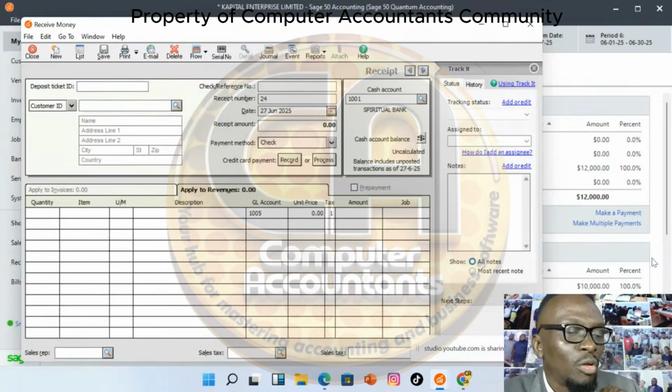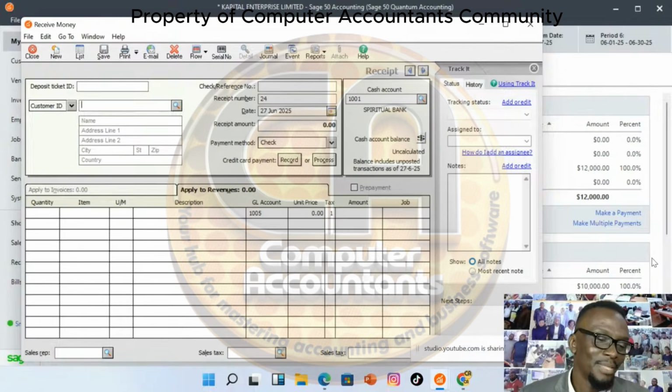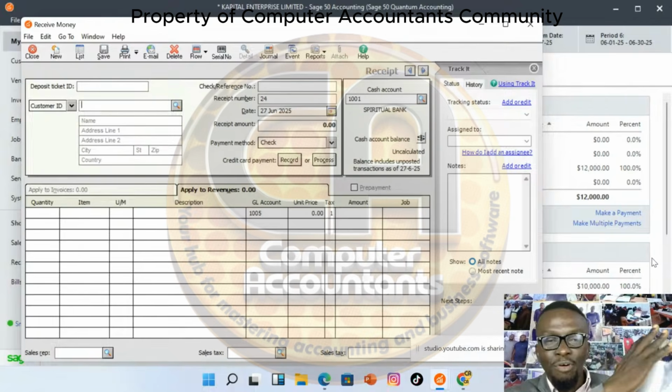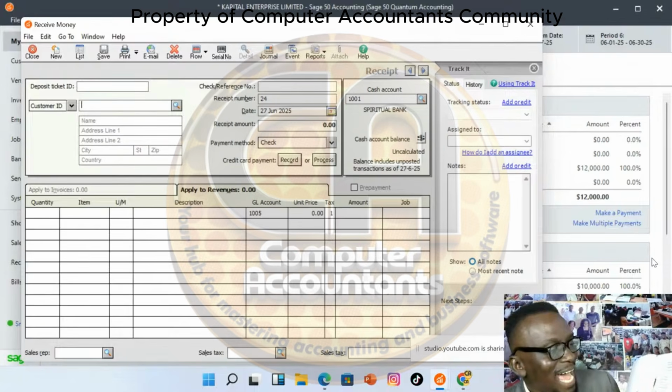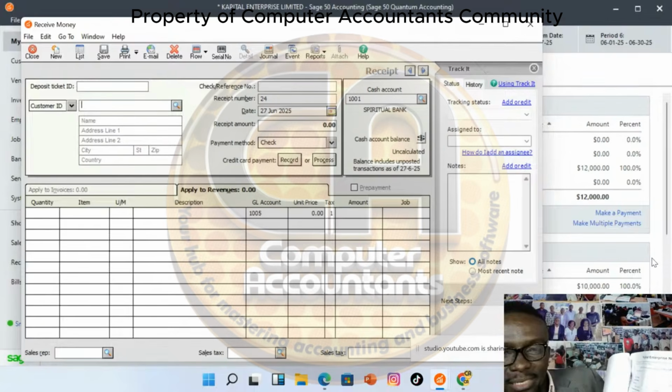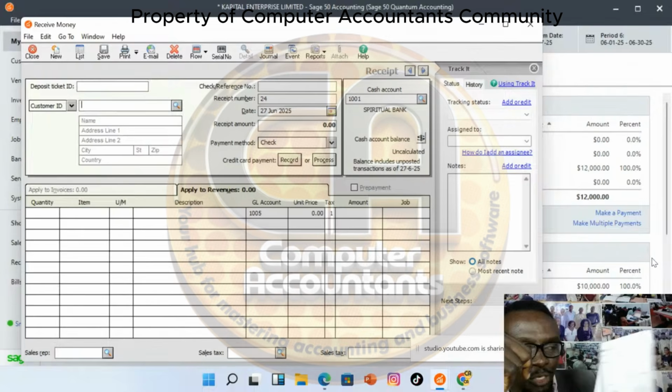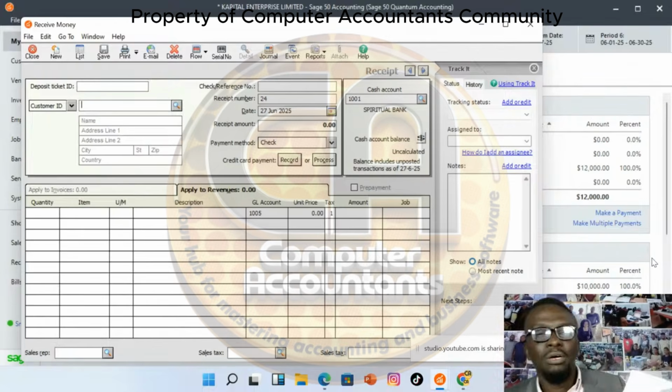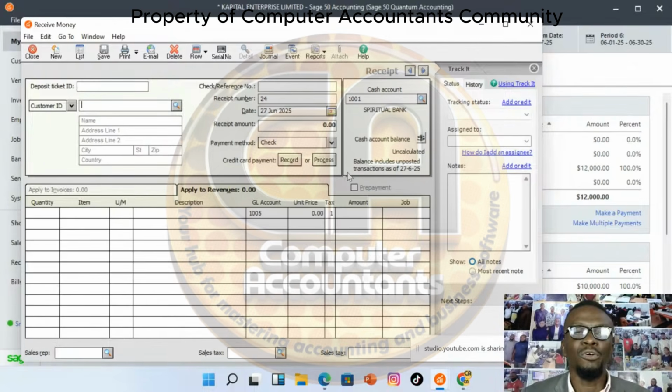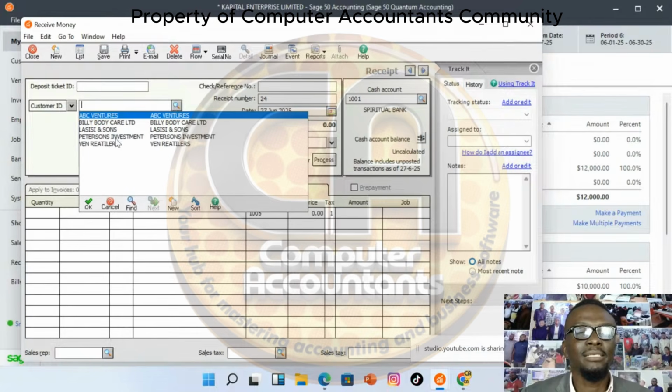Now, the last person on the list is Mr. Lasisi. Okay, Mr. Lasisi did not purchase anything from us from the question, but he has an old debt which was brought forward from the last period. So Mr. Lasisi has come to set himself free from us. So click, select